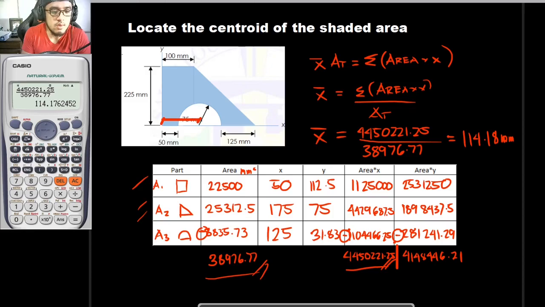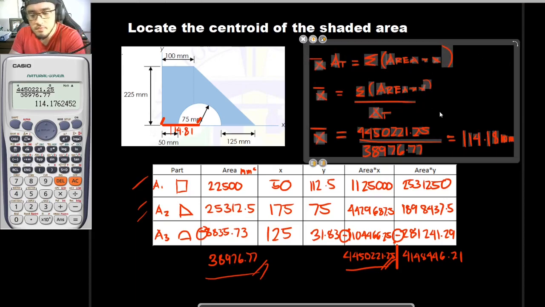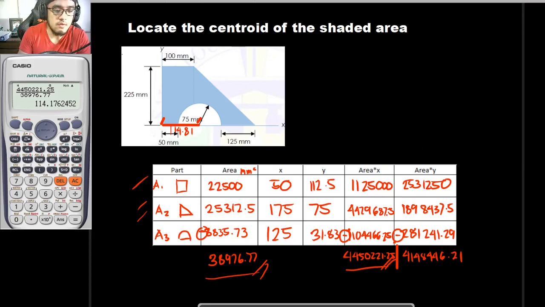If this is equal to 114.81, to avoid confusion, I would be moving this first downwards. So it would be here first. So let's now solve for bar y. Using the same formula, instead of getting the summation of the product of area and x, for bar y we are to get the summation of the products of area and y